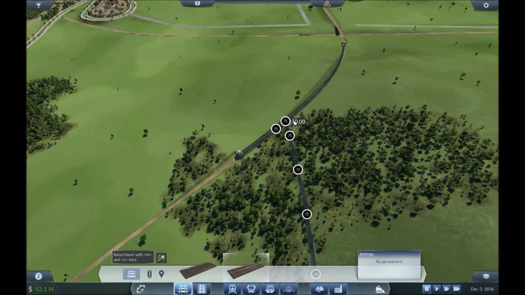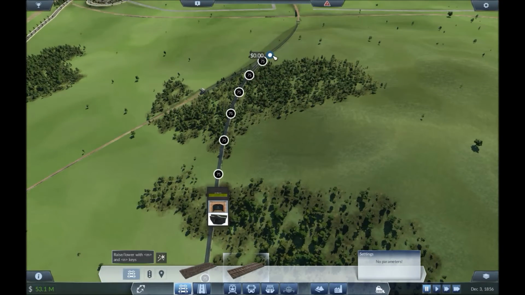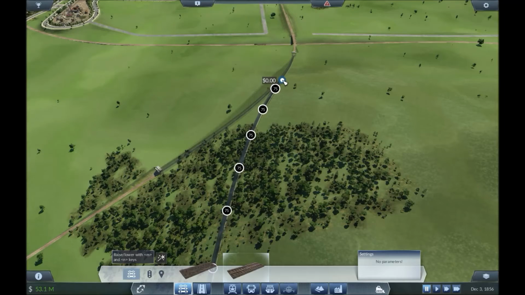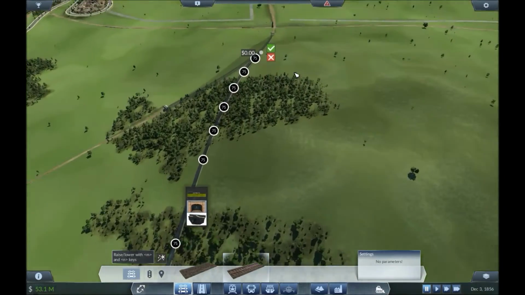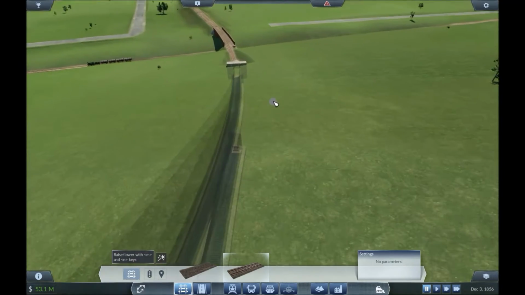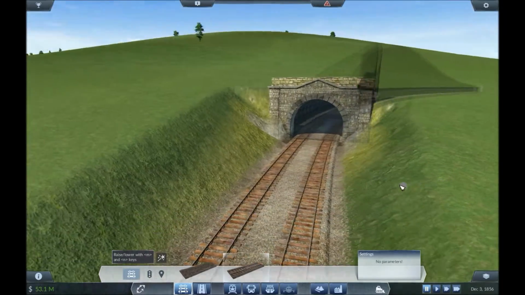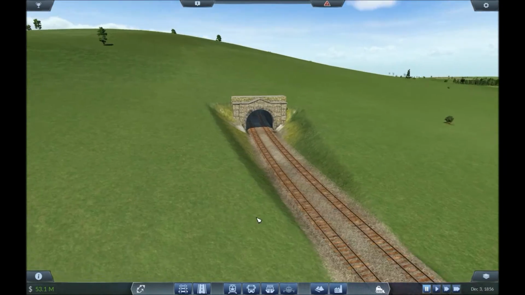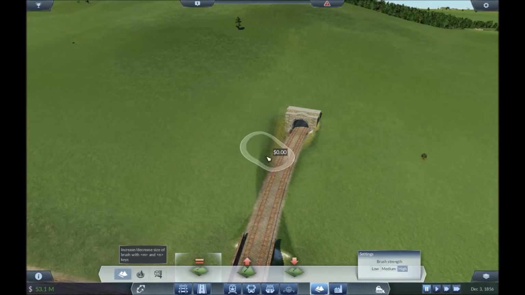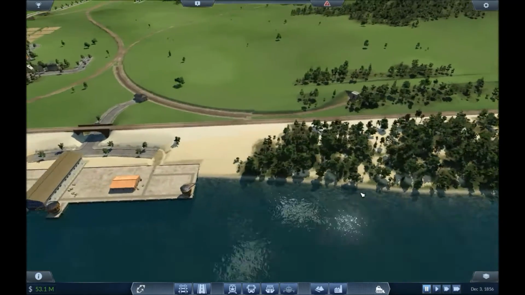Let's see if we can hop. There we go. Further. A little bit further still. I just want to make sure it's alongside so we come out of the tunnel neatly. Okay. Yeah. Nice little tunnel entrance there. So that worked out quite well. I hadn't tested that out before, but